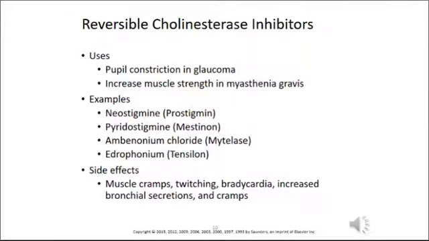Reversible cholinesterase inhibitors. Reversible in that they don't last as long as what they call the irreversible. Some examples here in your text. Table 19.2 just goes down all these that I just broke up into a few slides. So pupil constriction in glaucoma,